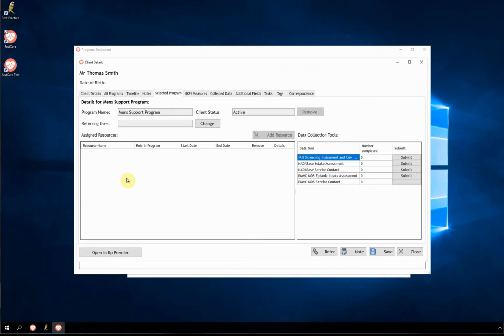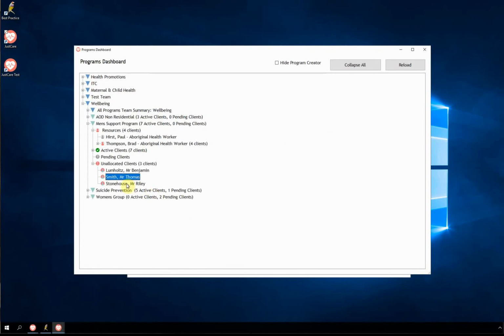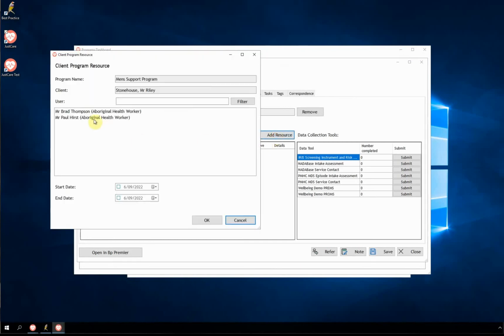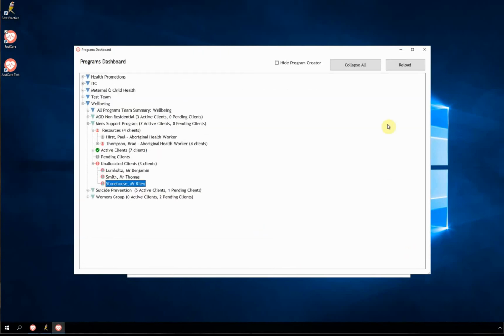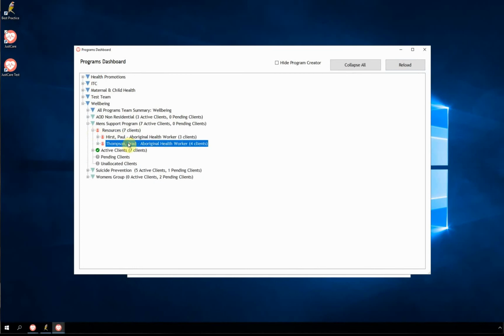Let's go and do the same for Thomas. Press OK. And you see here that it's not quite updating yet. We'll do that in a moment. Click on Riley, add it to Paul, press close, and then press reload. Okay, you'll see now there's no unallocated clients. We can expand out the resources now and see that Paul and Brad are now allocated 3 and 4 clients